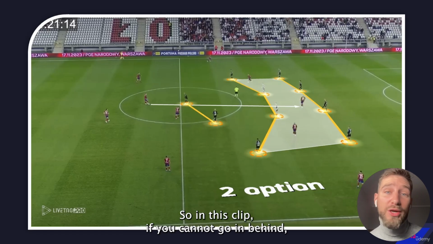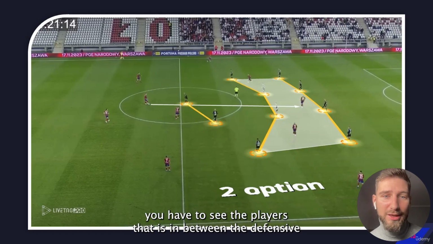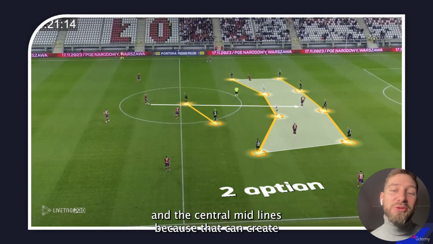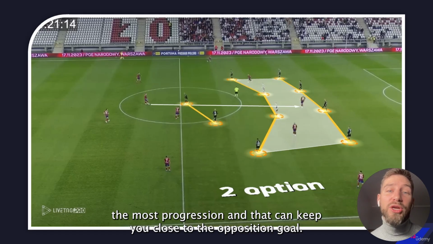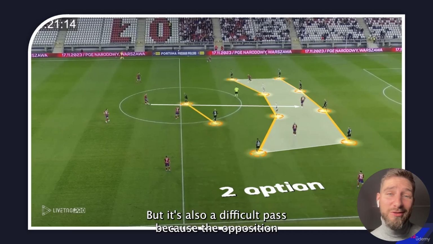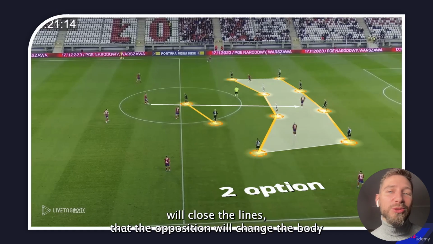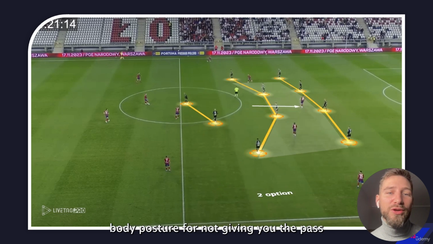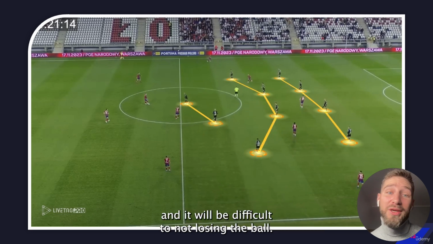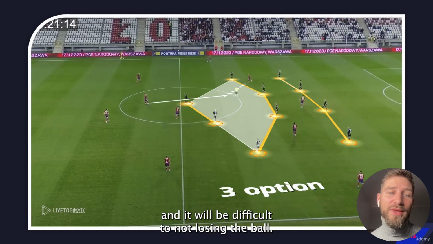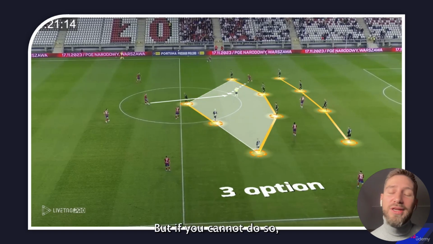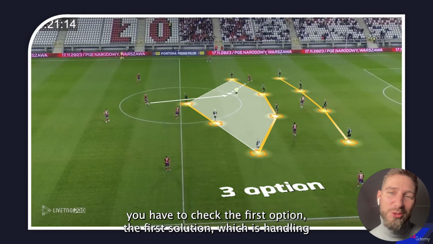So in this clip, if you cannot go in behind, you have to see the players that are in between the defensive and the central midfield lines, because that can create the most progression and keep you close to the opposition goal. But it's also a difficult pass, because the opposition will close the lines, the opposition will change body posture so as not to give you the pass, and it will be difficult not to lose the ball. But if you cannot do so, you have to check the third option, the third solution,